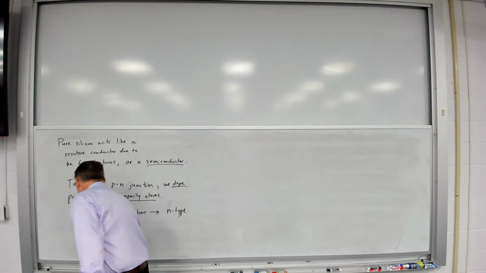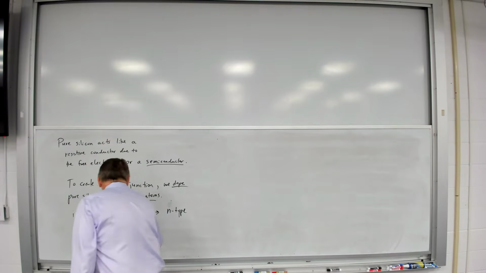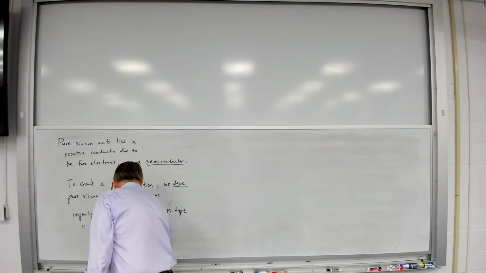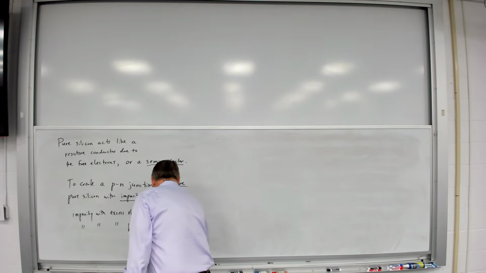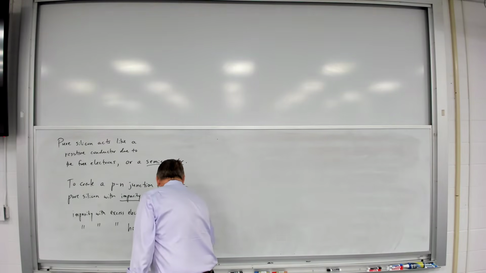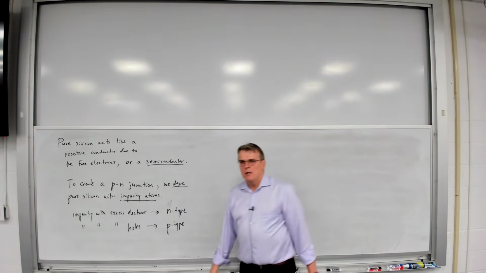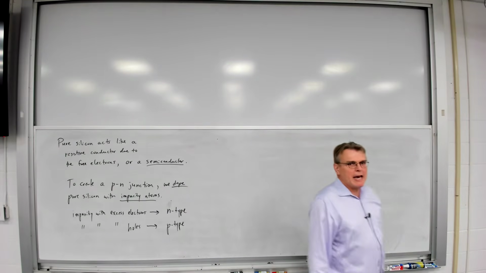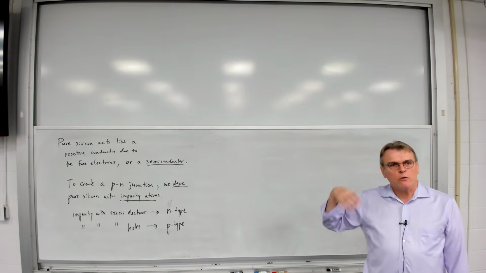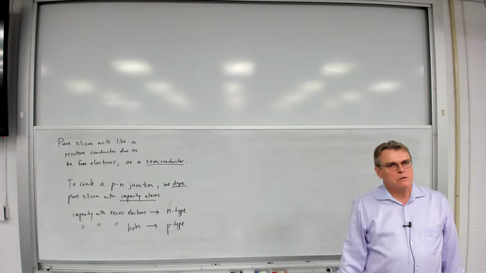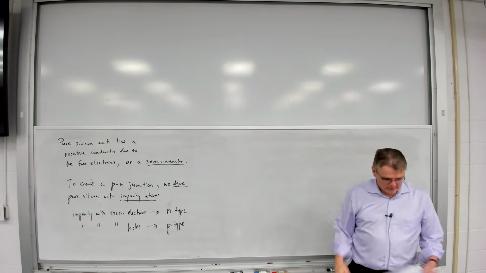And an impurity that provides us with excess holes, we say that is a P-type impurity. So depending upon the type of impurity atoms we use, we can either create excess holes or excess electrons. So how do we make that work? Well,